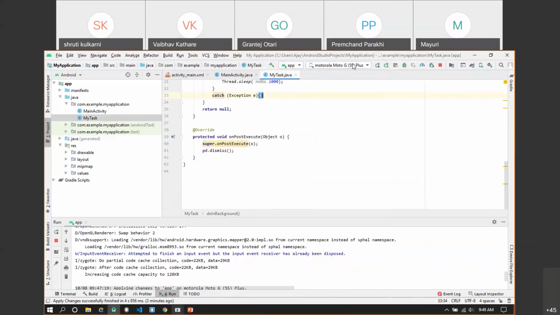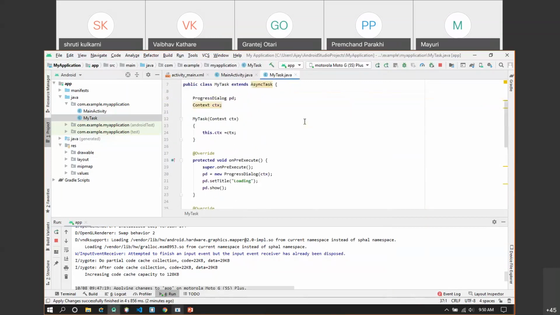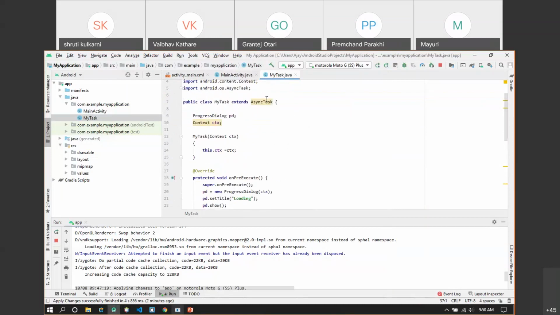Now remember how many dialog boxes we have studied in this lecture from the last lecture. First is the alert dialog, which is used to display messages. Then we studied the custom dialogs, where we can use our own design to create the dialog box. Third, we have seen the progress dialog, which is used to display the progress of any operation. Along with that, we have studied one additional thing, called the async task.